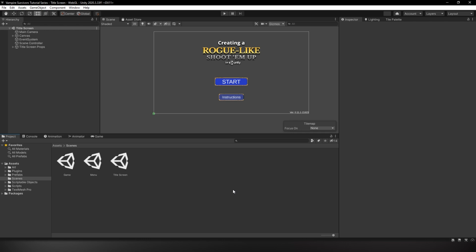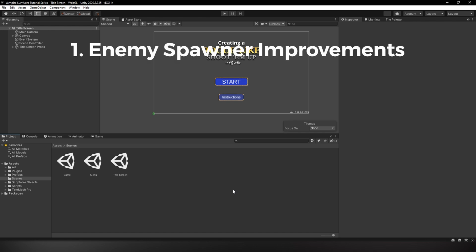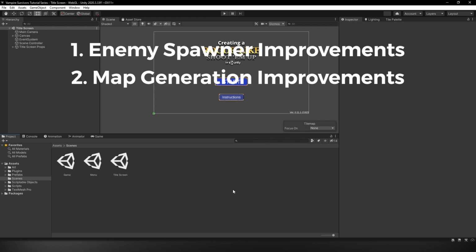Our ultimate goal in this part is to prepare the game for being played outside of the Unity editor, which means we'll be building the game so that you will have the opportunity to share your creation with others. And by the end of this part, you should have something like this, which is improvements to the enemy spawner, improvements to the map generation,